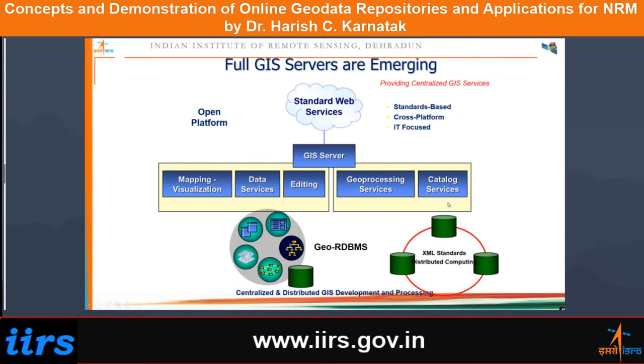So catalog is something like a clearinghouse or gateway through which you can search different types of data, and it will redirect you to the respective servers. These are a few capabilities which are available in the GIS servers, and typically these GIS servers are a set of hardware and software. Here, hardware means server hardware, of course, but on top of the server hardware, we install the GIS server applications